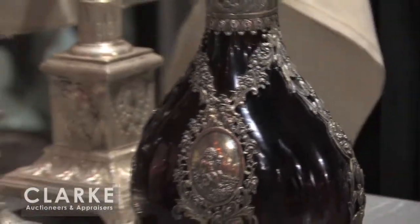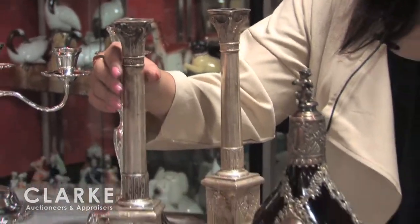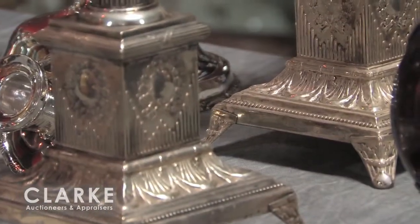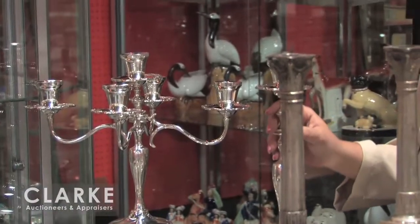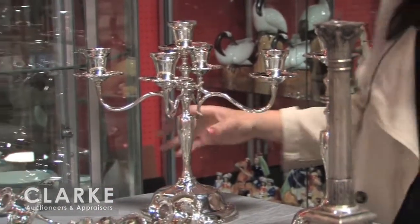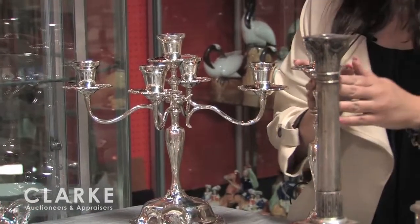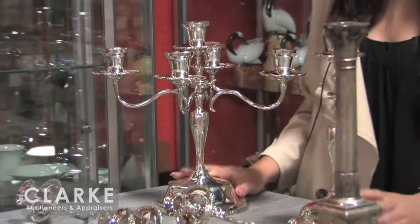And here we have a pair of Polish candlesticks, nice pedestal base with column form candlestick. They are hallmarked with a city letter of W for Warsaw. And last but not least in this auction, I will be talking about this pair of Mexican sterling candlesticks. They are convertible from a single candlestick to 4 arms or even 2 arms on these candlesticks. A really great piece in this